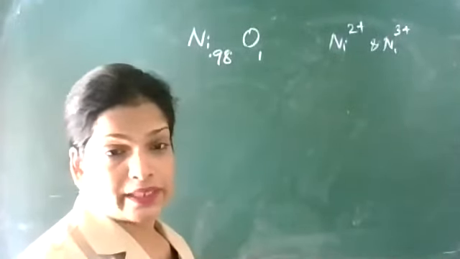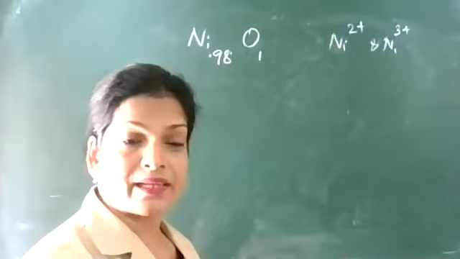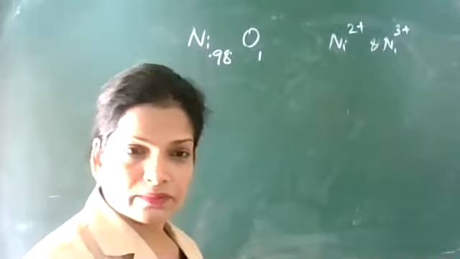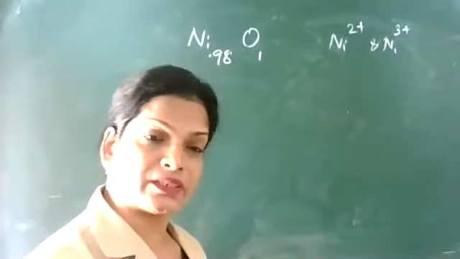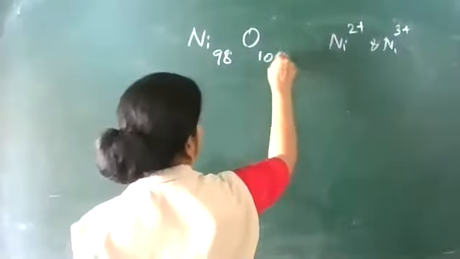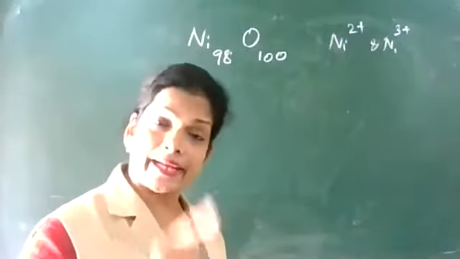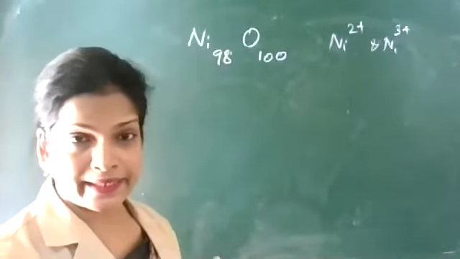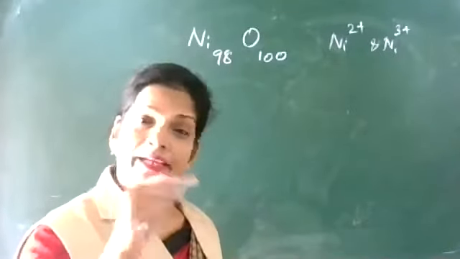Positive charges are not equal to the negative charges. But their number is equal. For example, in a class, there are 56 boys and 56 girls. Boys are not equal to girls. Boys different, girls different. But their number is equal. 56 is equal to 56. That number is equal. Okay, let us convert this in this form for easy calculation. So this Ni98 means that it contains Ni2+ as well as Ni3+, both are there in that 98.